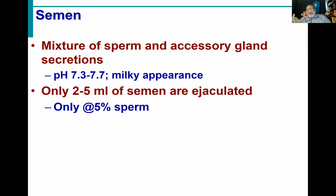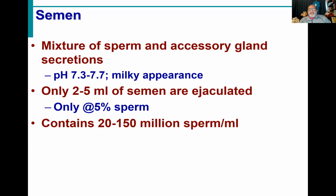So about 2 to 5 milliliters of semen is released during an ejaculation, and only about 5% of that is sperm. Now, I know that doesn't sound like a lot, but remember how many sperm those males are making and how teeny tiny they are. In that typical ejaculation, a man can have somewhere between 20 and 150 million sperm per milliliter. So again, the average ejaculate has 500 million sperm inside of it, which sounds like a massive amount,